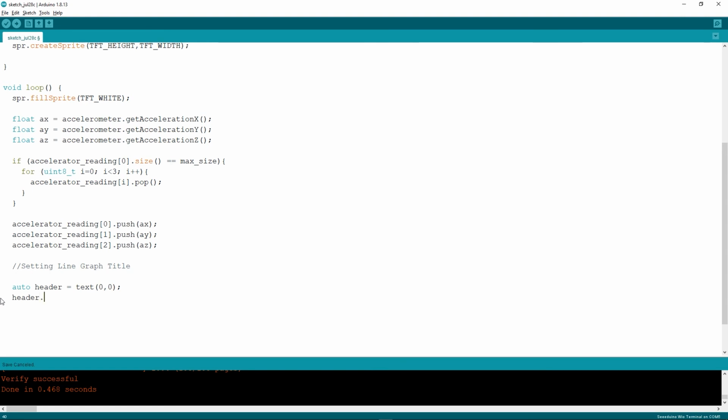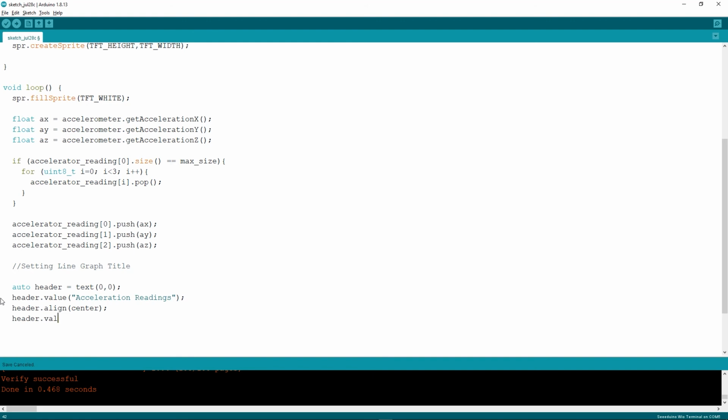So header dot value, acceleration readings will be the line graph title, and then header dot align, that is to align it at center. I will write center, and I want to align it in vertical also.